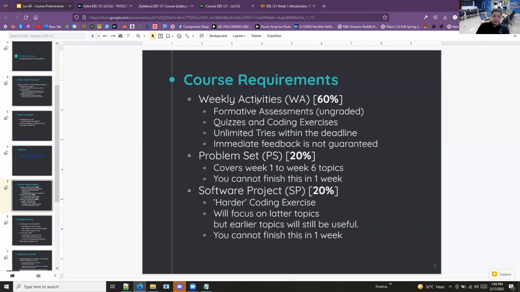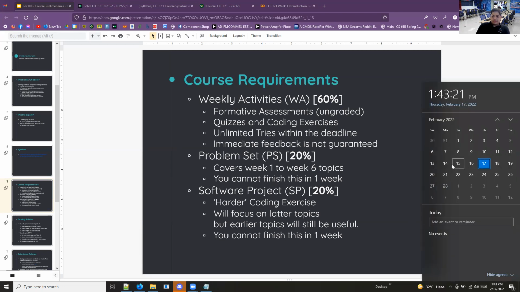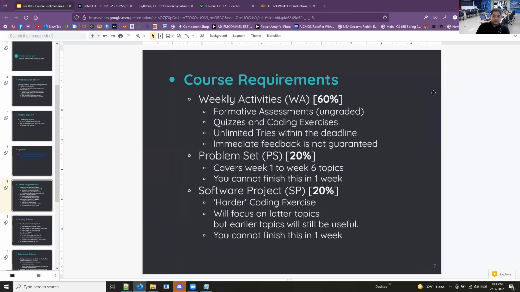So ang usual na magiging setup is, for example, for this week, na-release yung materials, I think February 14 or 15, 14 ng gabi. Ang deadline niya will be the next week on Friday, which is yung February 25. So may unlimited tries kayo, although merong parts, for example,